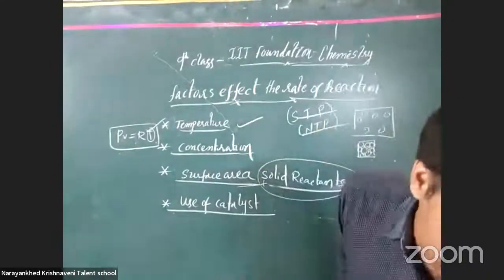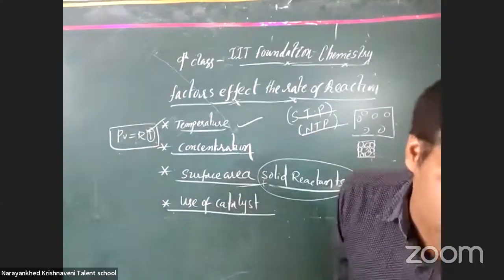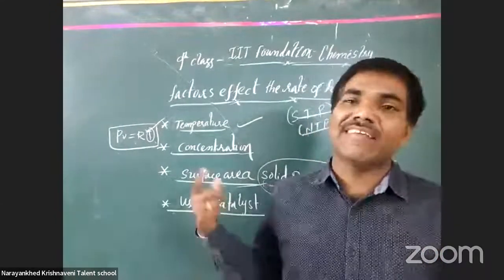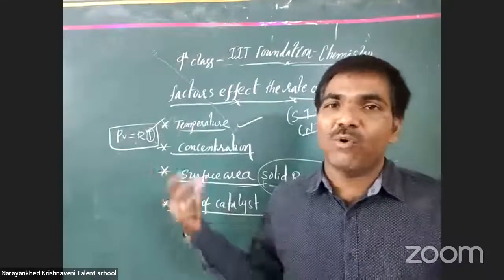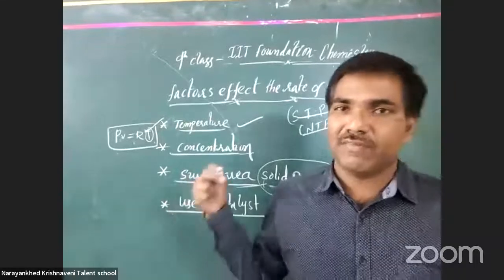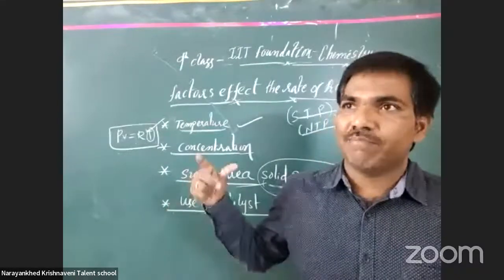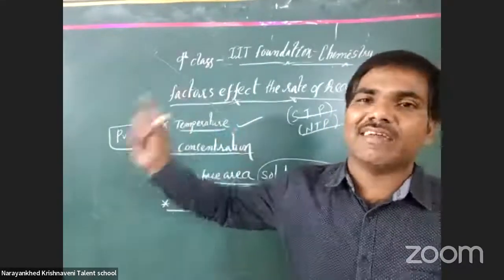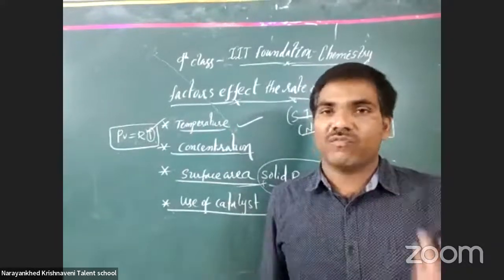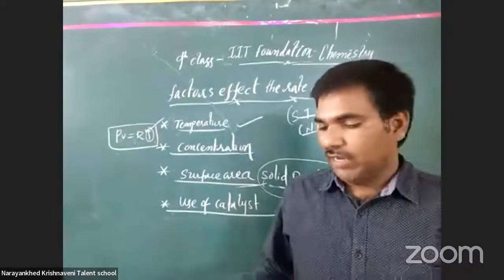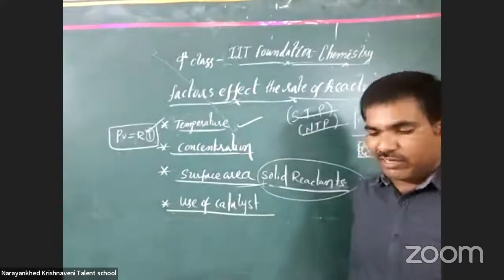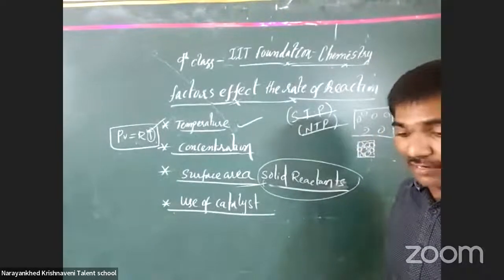Sometimes we produce some more heat automatically, and the rate of reaction may increase, or otherwise we provide a cooler temperature. Most probably, when we give more temperature, the rate of reaction increases, in most situations. And this is the effect of temperature. Next, increasing the concentration of dissolved reactants and increasing the pressure of